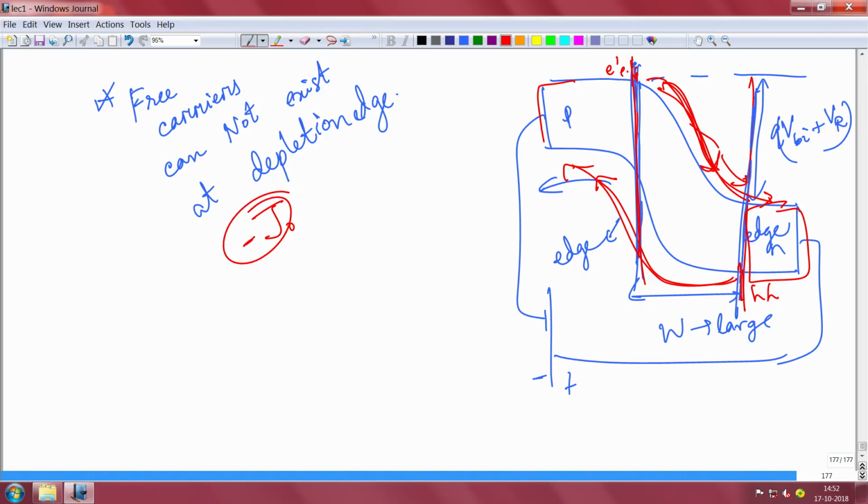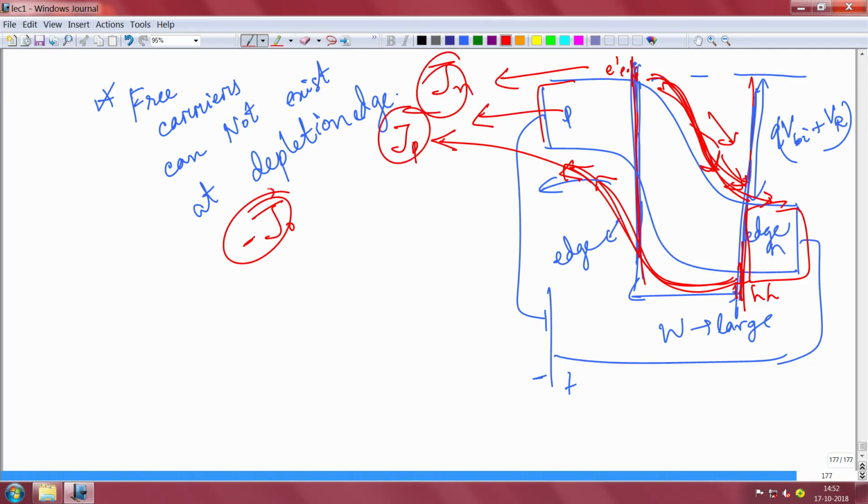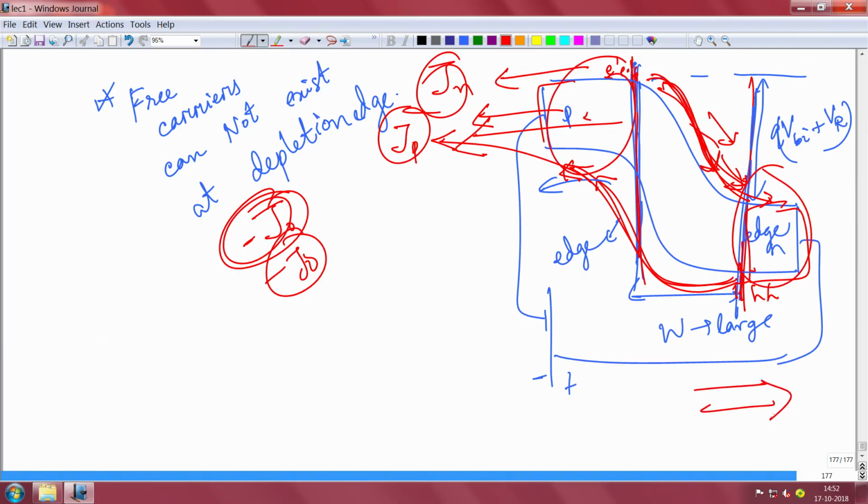Any minority carrier electron that comes at this edge will be swept away this side, which means the carrier current flow is this side. Similarly, any minority hole that comes at the edge will be swept away to the other side, which means the hole current is also to this side. So, both these electron and hole currents are to the negative side, that is why it is minus J naught, which means the reverse saturation current is in the direction opposite to the forward current. When you apply forward bias, if you remember, electrons are injected from this side to that side, holes are injected from this side to that side, and the net current is in the positive x direction. In reverse bias, the current is very small and that current is in this reverse direction, minus J naught.